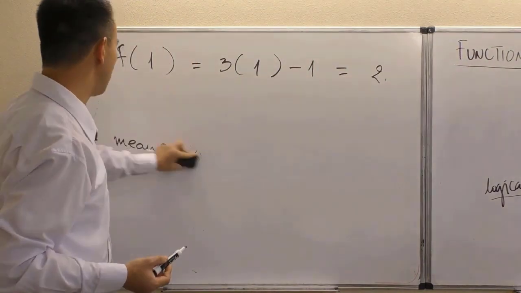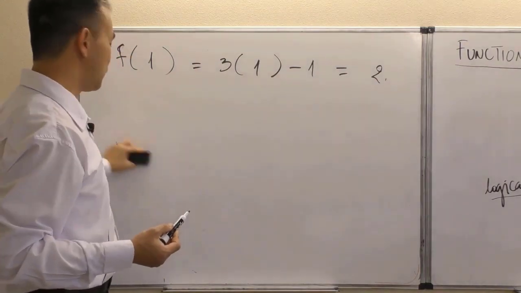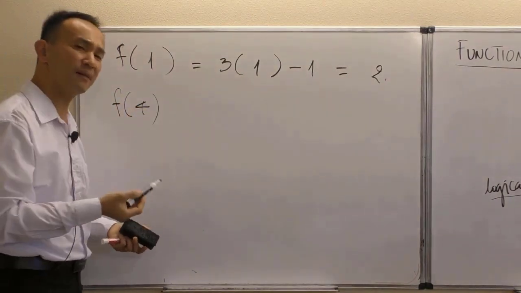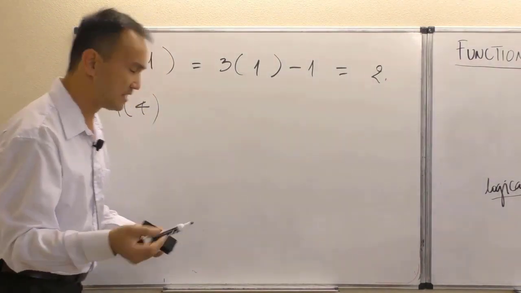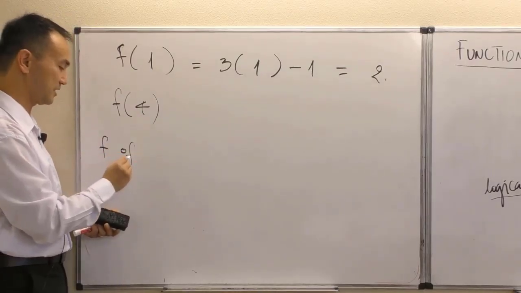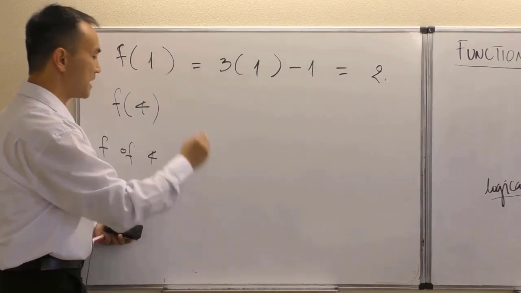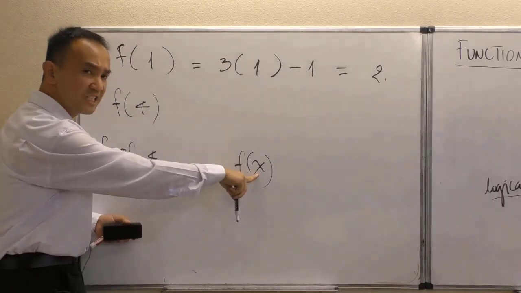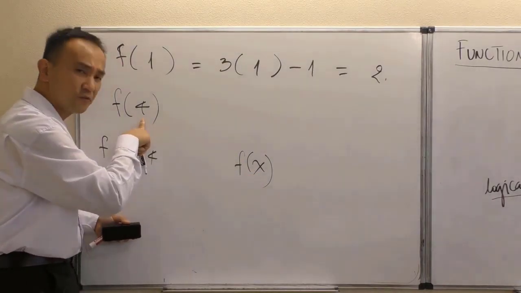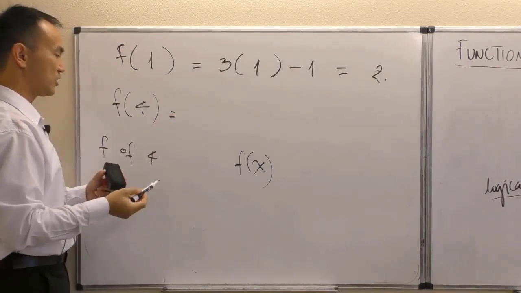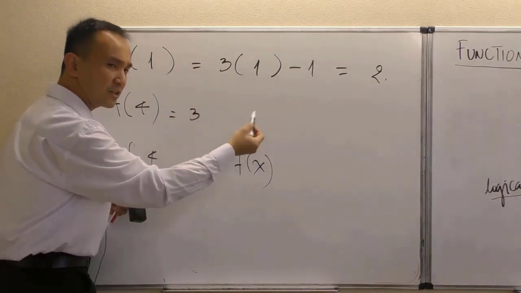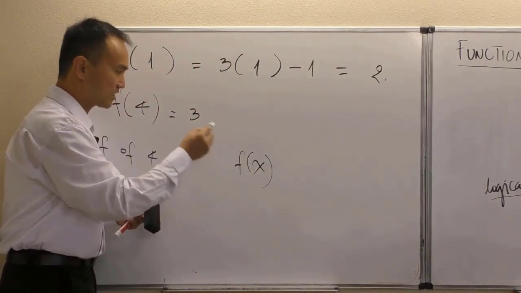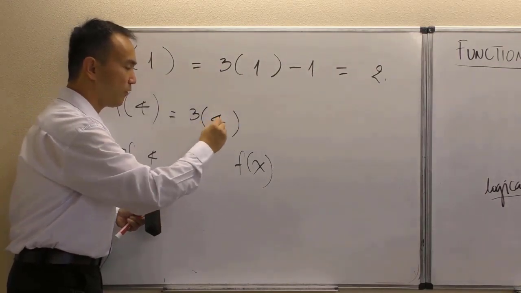I'm still leaving this particular one on the board. So what about f of 4? I'm saying it out loud in front of the camera: f of 4. But wait a minute, compare with f of x. What's the change here? Instead of x, we substitute 4 for that. The rule says 3x minus 1, 3 times the input minus 1. Now I'm going to look for that input and substitute it with 4. And that's why